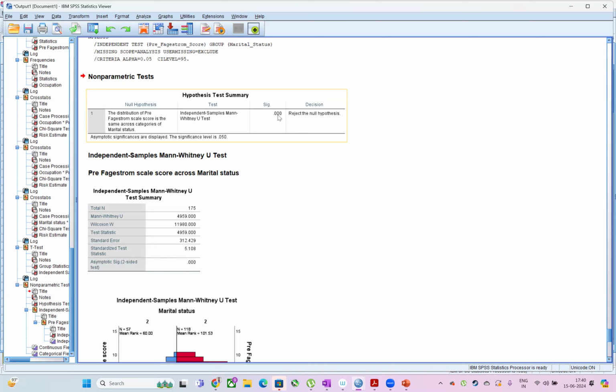For example, if you don't want to categorize nicotine dependence into low or high, and you want to publish the paper, you can do so. You can say that in unmarried people, the score of nicotine dependence is higher when compared with married people, with a median of. So there is nothing wrong, and there is no hard and fast rule that you have to classify. Always keep in mind, I always tell my PGs